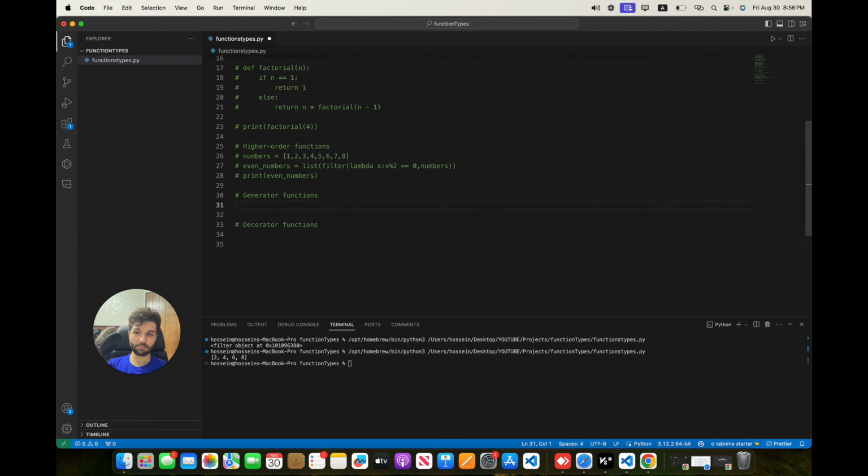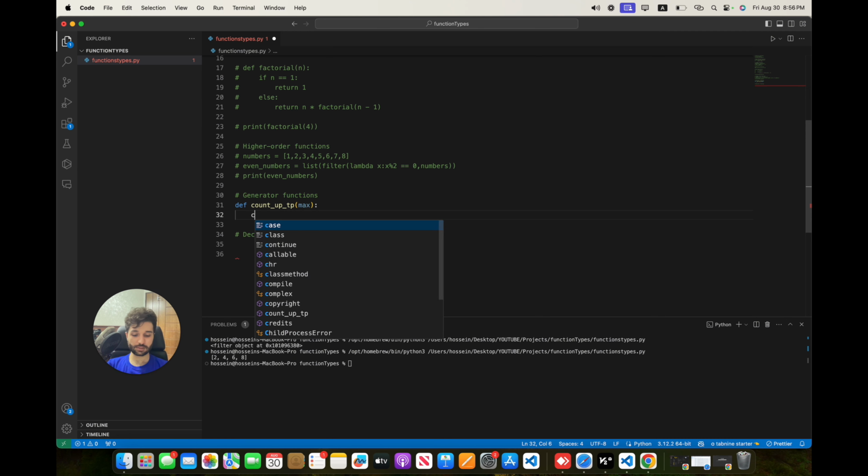sequence. What do I mean? With a sequence of values. Let's define a function. The name of the function should be, and can be, not should be, count up to. I want to have a function that will be given an argument and will count up to that. So for this purpose and goal, we should define another internal variable for that, and while count is less than or equal to maximum, just please return, for example, count for us, and after that